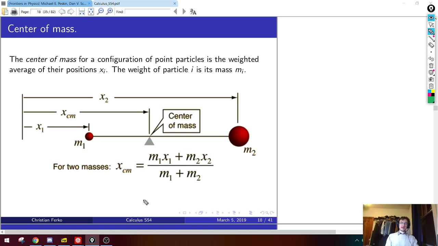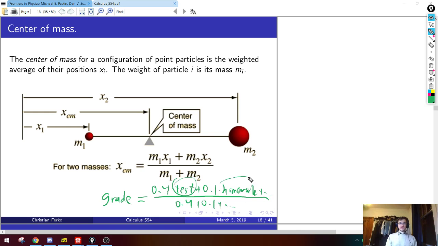This is a weighted average in the same sense as, say, a grade. You have some grade, which is a weighted average of, like, 0.4 times a test score plus 0.1 times a homework score or something, plus ..., all over the sum of these weights. So 0.4 plus 0.1 plus ..., the bottom should add up to 1. This is just a weighted average where you are averaging these different grades, like test and homework, in an asymmetric way, where some of them have larger weights, like 0.4 as opposed to 0.1. Except here the weights are m1 and m2.